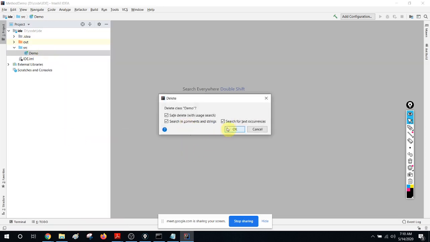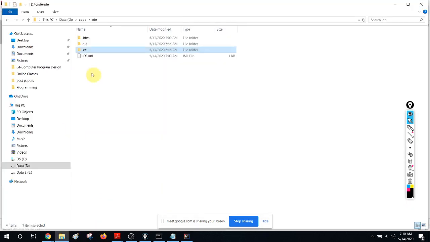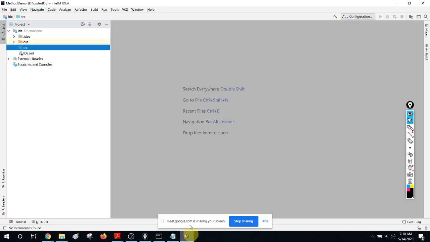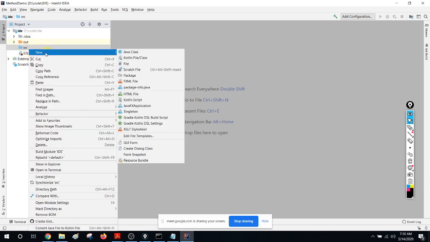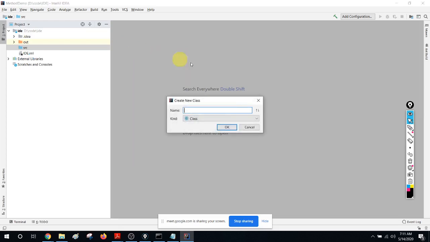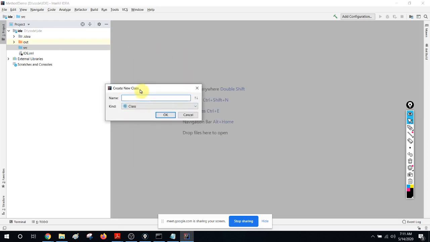Delete, right? So that means my src folder is not having anything right now, because when you code, you must know exactly what is happening. Now I have a freshly created project, and I am going to create my Java files. Just right click on the src folder and say new, and you have Java class and so many things there. Just select Java class. Then it will ask the name for the class.